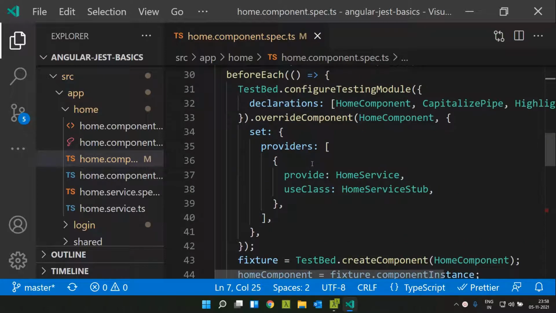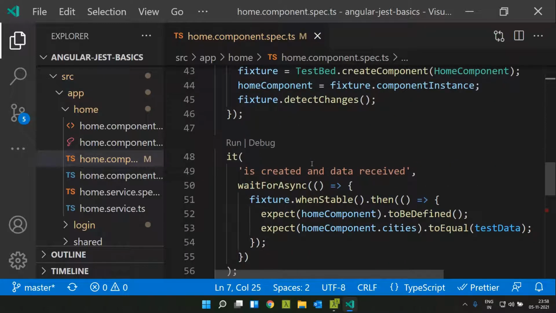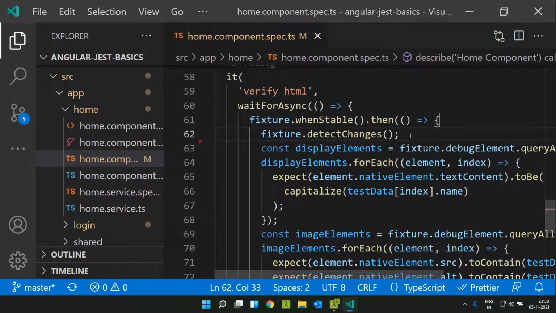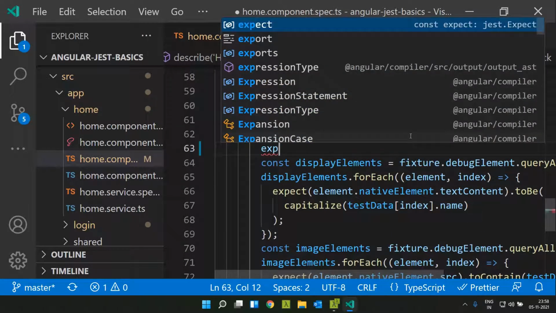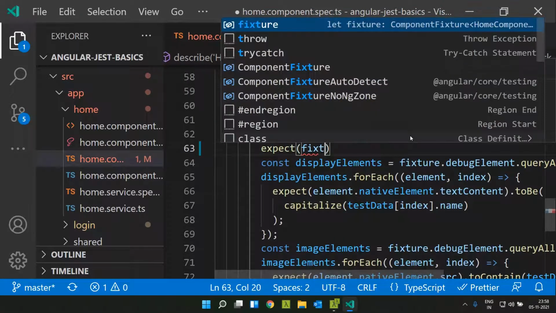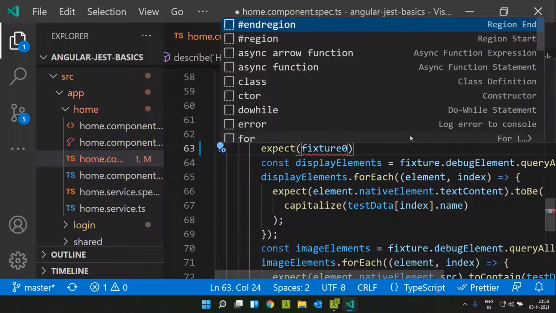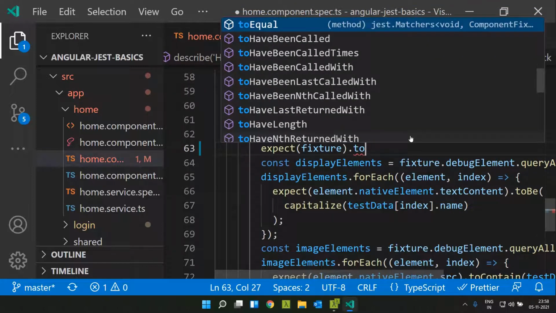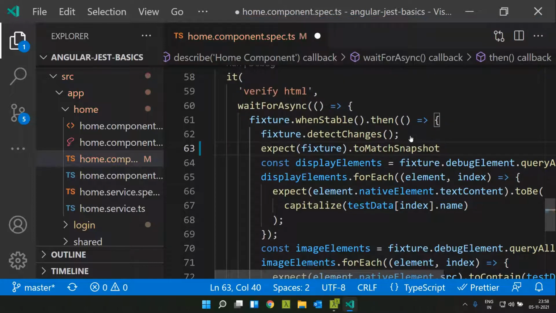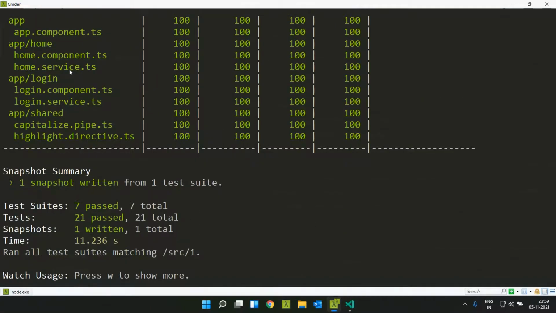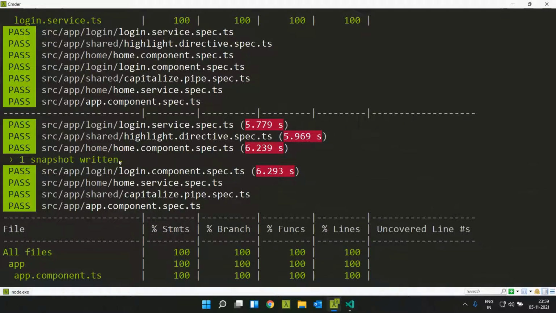So this is our home page spec file. Here I am going to add a snapshot test. We can give expect fixture, where fixture is our component fixture, and here we can give toMatchSnapshot. That's it. Now when we run this, it shows that a particular snapshot has been written.